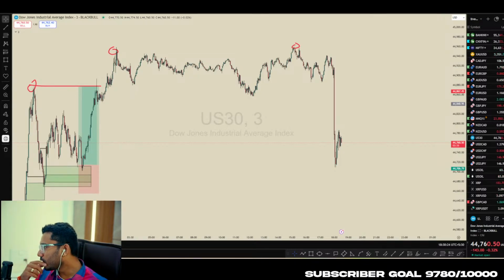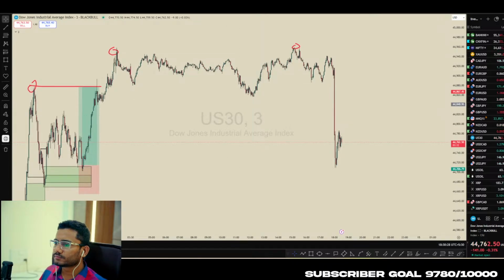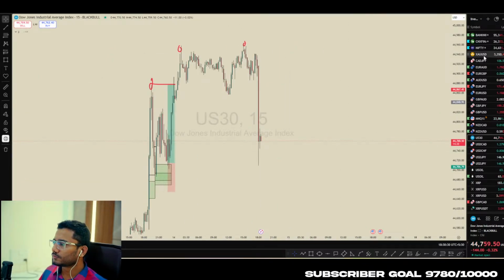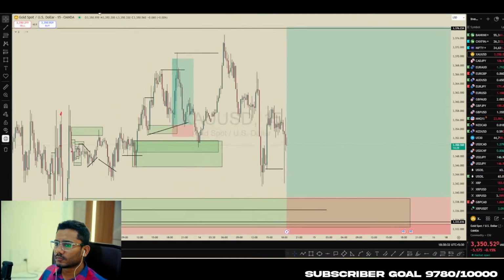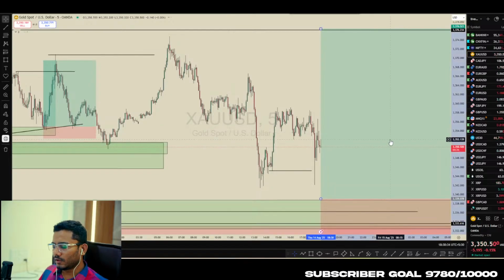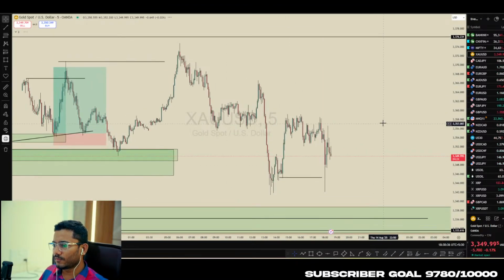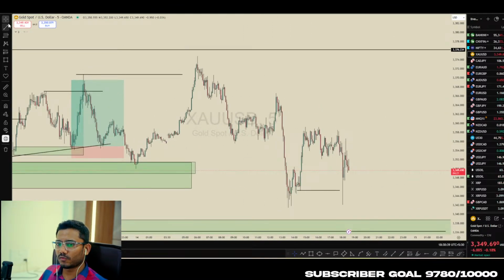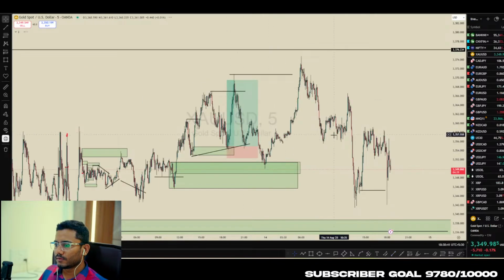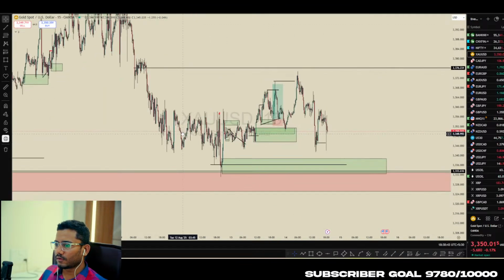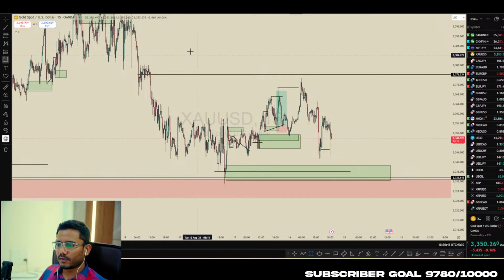Boss, while we are waiting for our good buy, what will be another alternative for sell? For sell, this is the buy side order block. If you look at sell side, you can look for a scalp from here. If we look like this one, okay. So if we